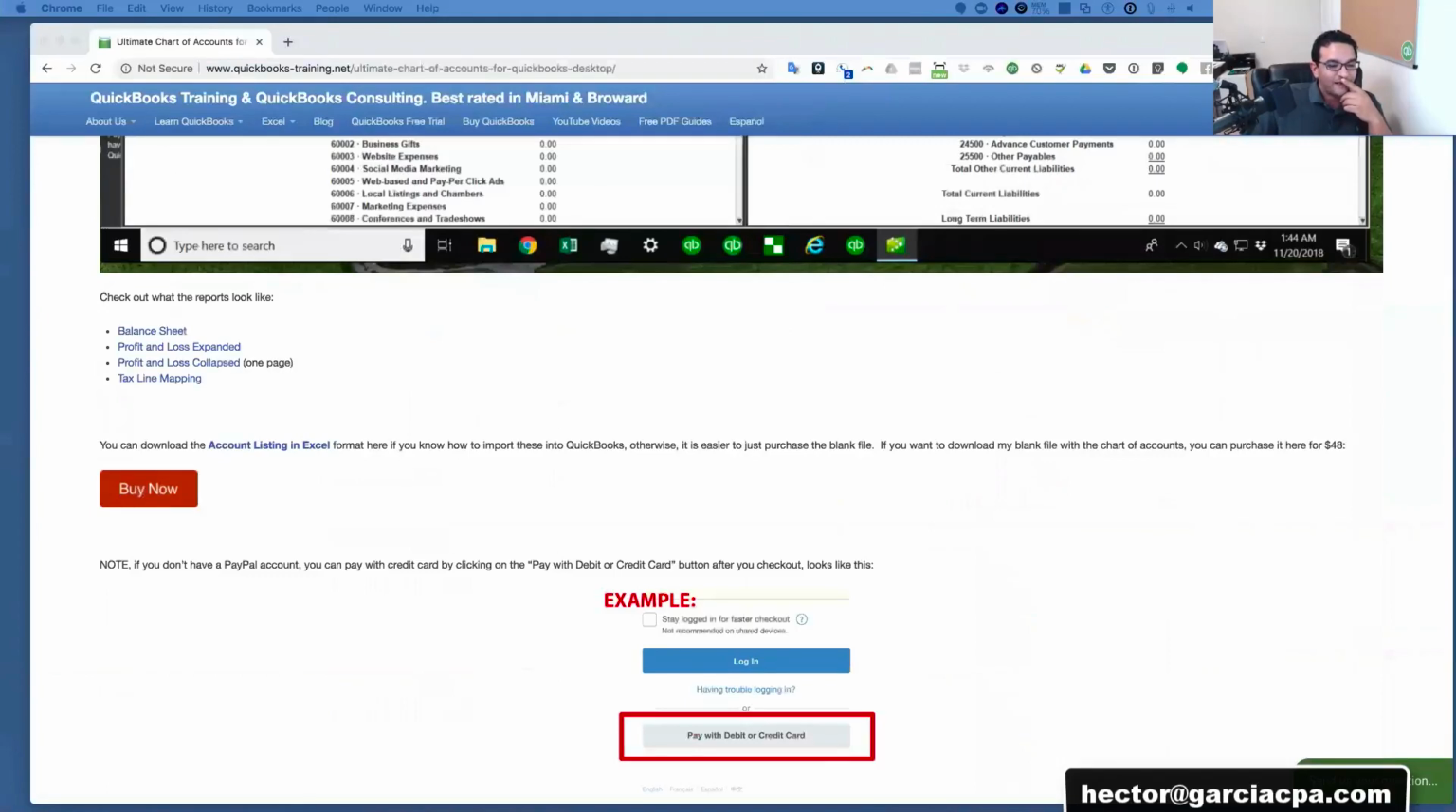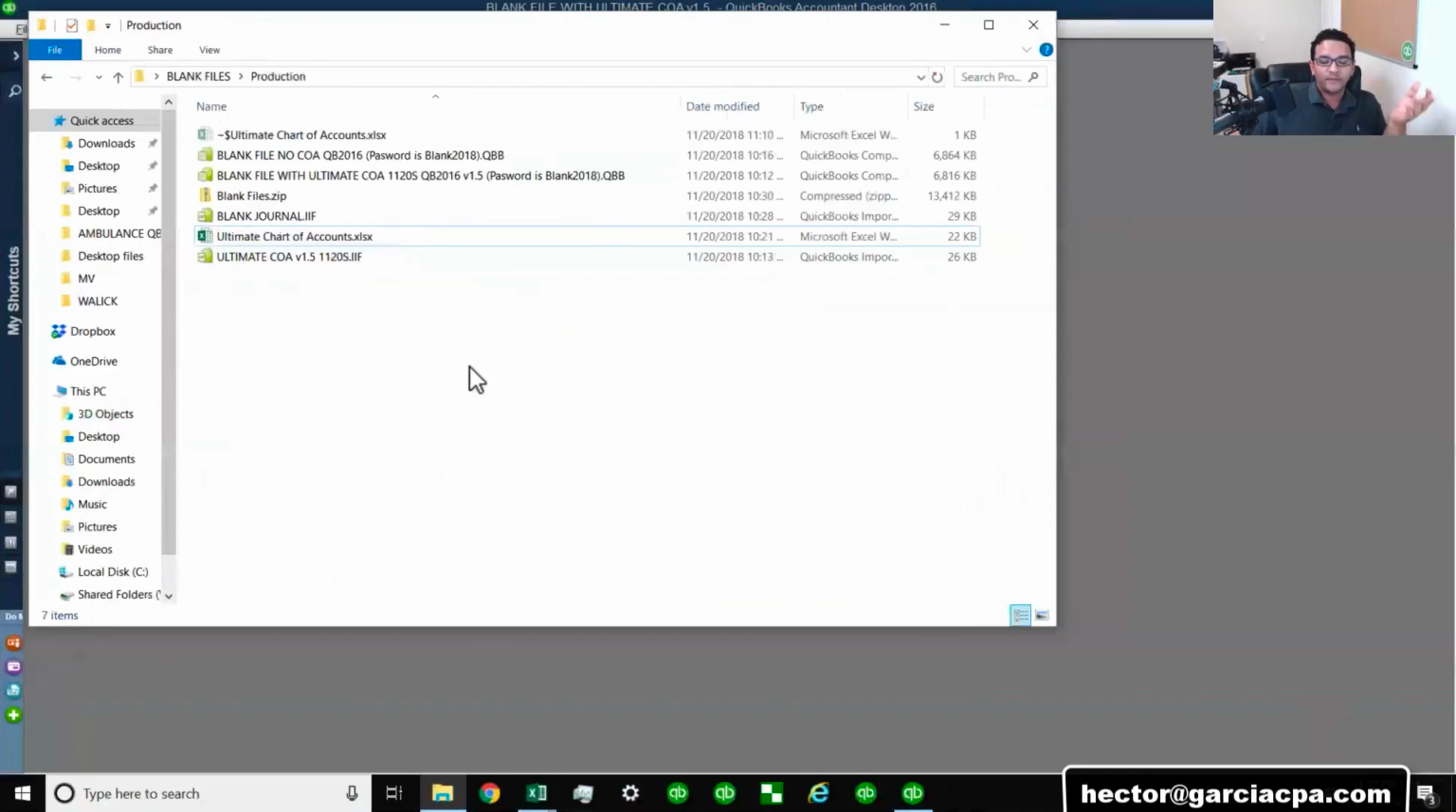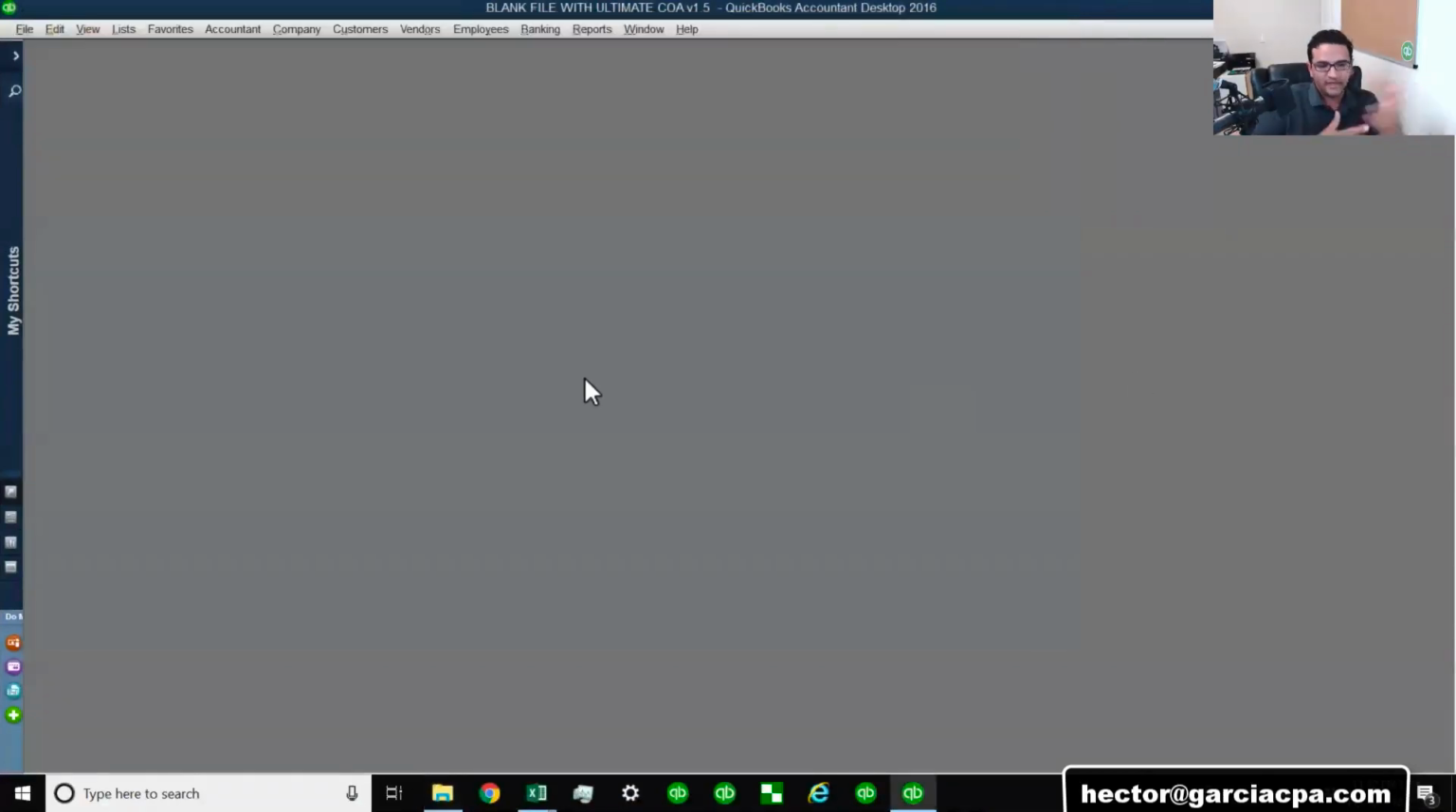I picked $48. If you know how to import a chart of accounts from Excel into QuickBooks on your own, you may not need to buy the template. You can build this on your own. Just take the ideas and build it yourself. But for the ones that want to save an hour or two of setting up a QuickBooks file from scratch,